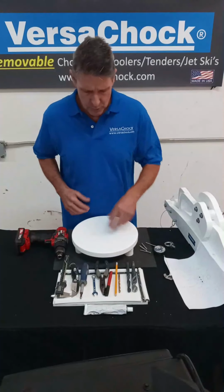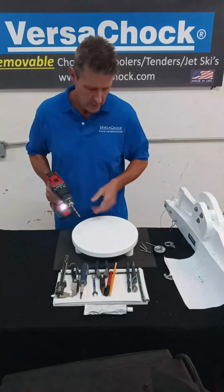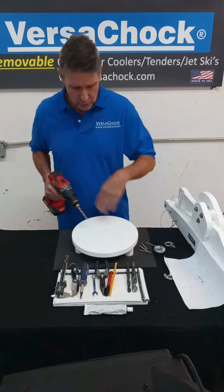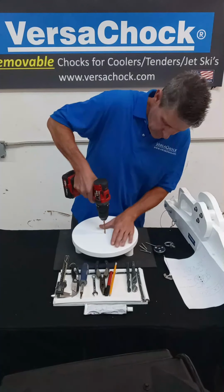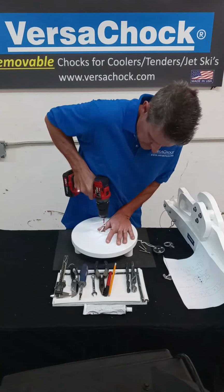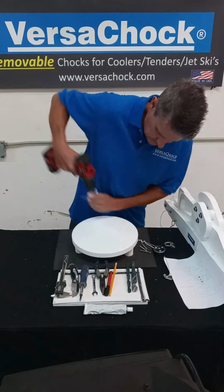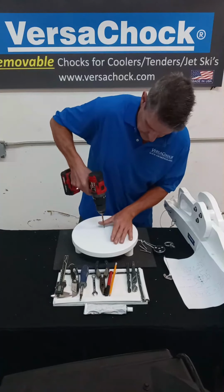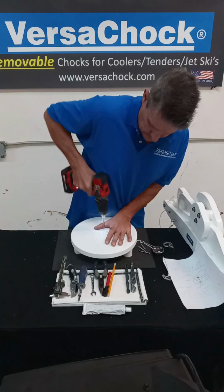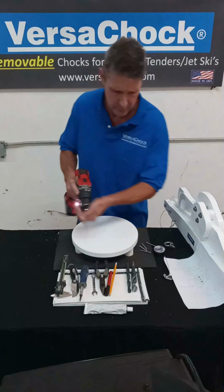So now that those 3 holes are marked, I'm going to drill a pilot hole for each one of them before drilling the larger holes. That'll make it a lot easier to keep the drill bit centered. So I'm just going to drill these through. Okay, now that we've got those 3 pilot holes drilled,